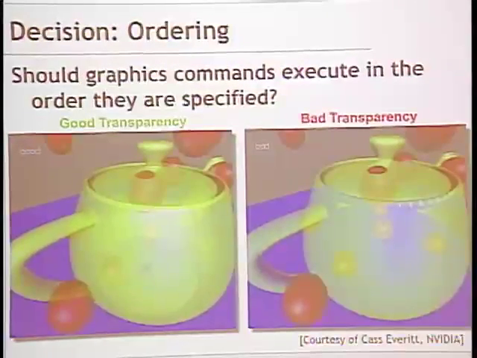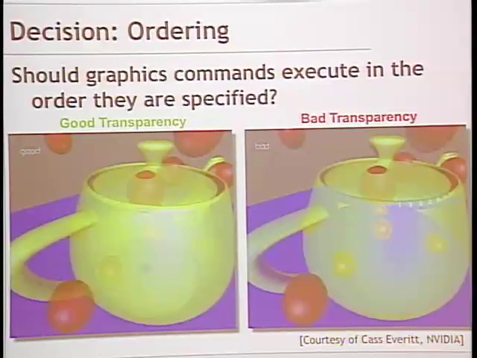Okay, so here's another question that's going on, and I looked last night for a long time to find better pictures than this, but this is all you got. So we specify a whole bunch of things to draw, and we specify them in some sort of order. And the question is, does the rendering system have to respect that order? Does it have to render everything in the same order that I specified? Okay? And you might say, it doesn't matter. Does it matter if I do this hand before this hand, or the other way around? Okay, it turns out for some things it matters a lot,